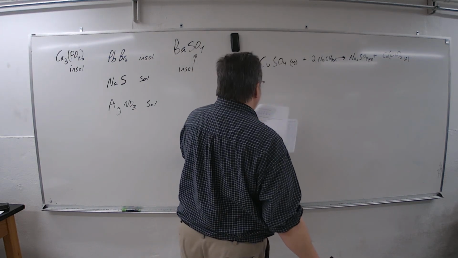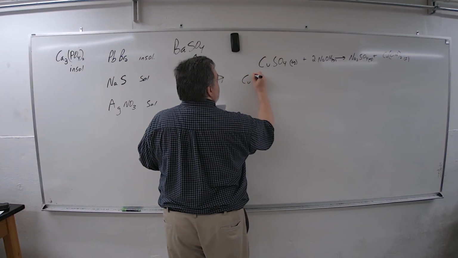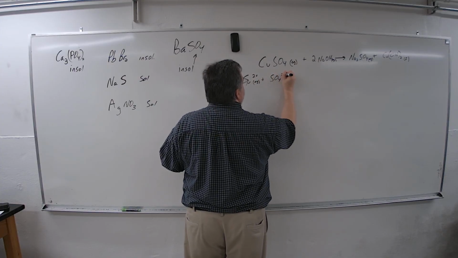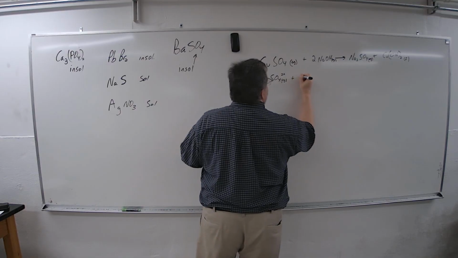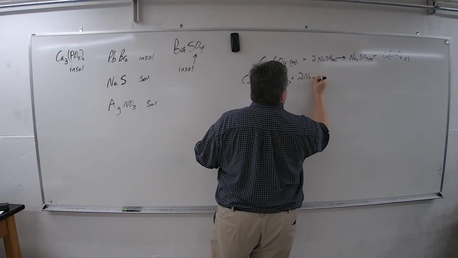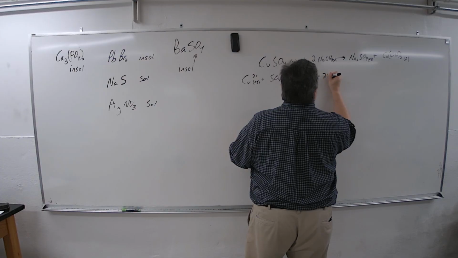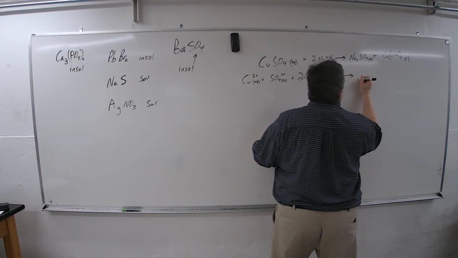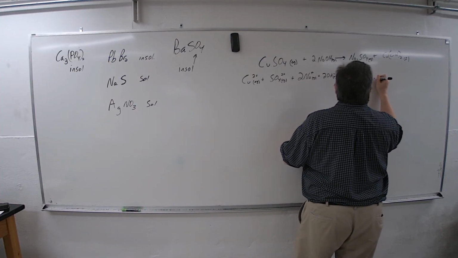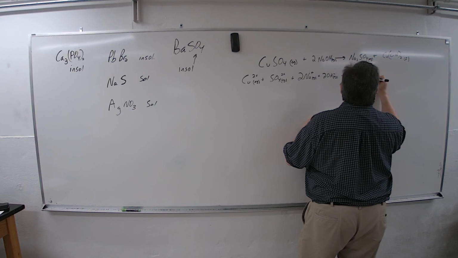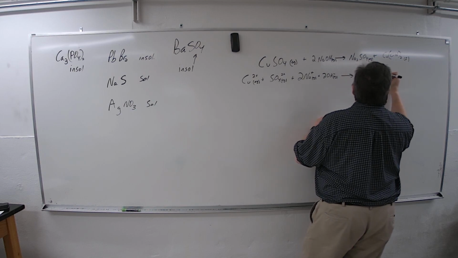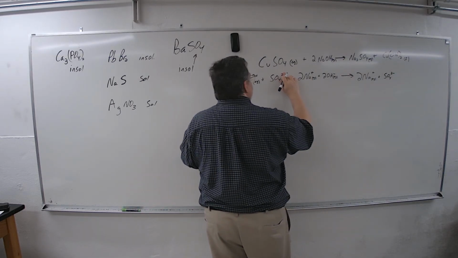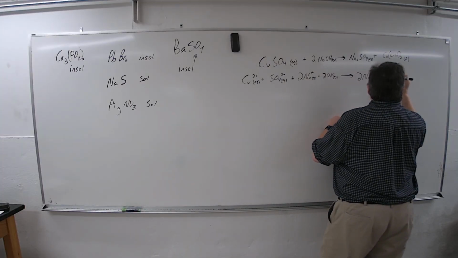So all sulfates are soluble except for a few things, but this is not one of them. Oh, I just gave you that part. Aqueous, and I told you this is the solid. All right, the total ionic equation is Cu 2 plus aqueous plus SO4 2 minus aqueous plus 2 Na plus aqueous plus 2OH minus aqueous